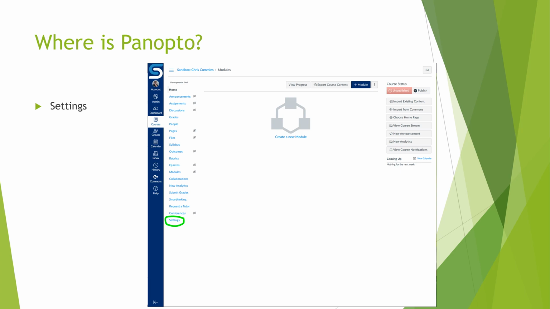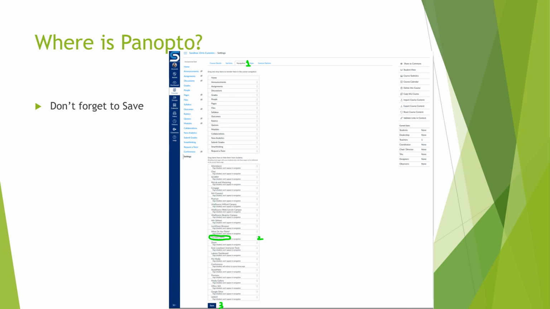When you click on Settings, after that you'll see this page here, and I'll just let you guys know ahead of time that I resized this page so that I could see everything from top to bottom. The page will more likely be something that you'll have to scroll through in order to accomplish what you're trying to achieve, which is adding Panopto video to your navigation bar. So after you click on Settings, you'll go to your Navigation tab up at the top here, and Panopto video will be listed in the items in the bottom